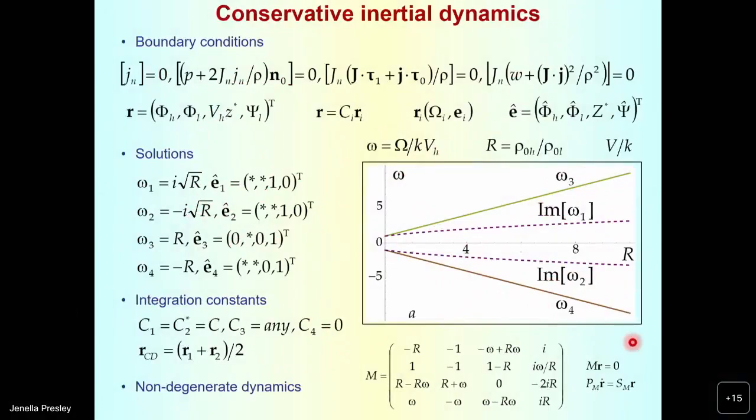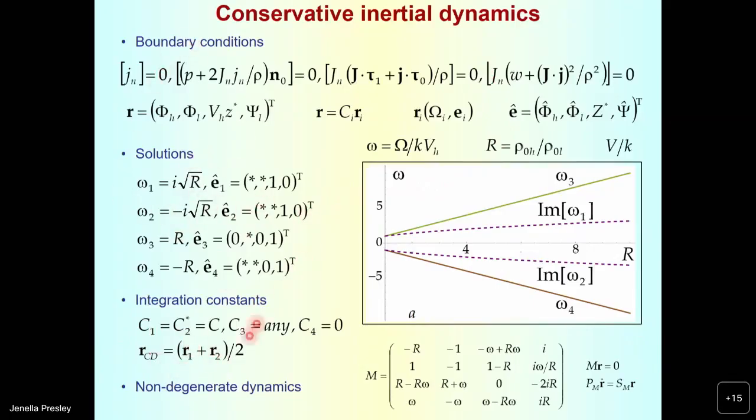So without considering the structure of the flow fields, we would probably not even know whether this conservative dynamics is stable or unstable, because there is always an unstable mode. However, the good thing is that we can consider these solutions one by one, and looking at the structure of the eigenvectors, we may derive the flow fields. So in this case, we will call the solution CD, conservative dynamics, which is actually a combination